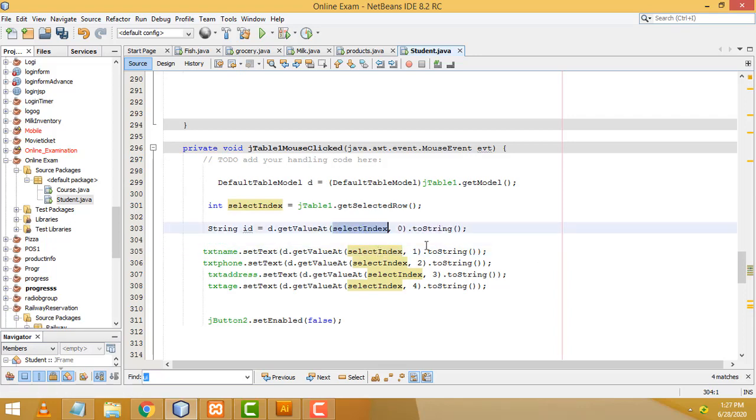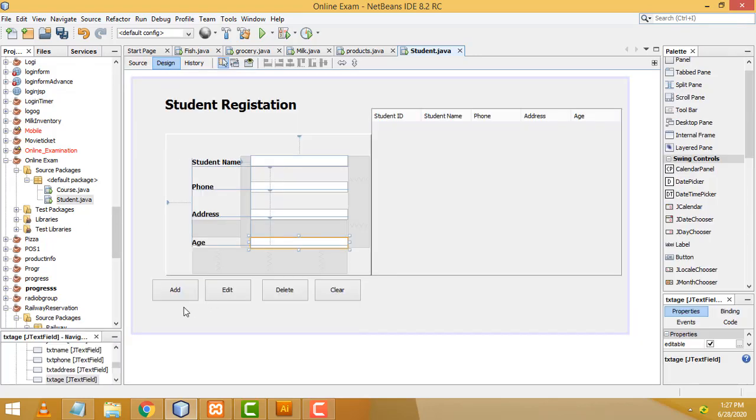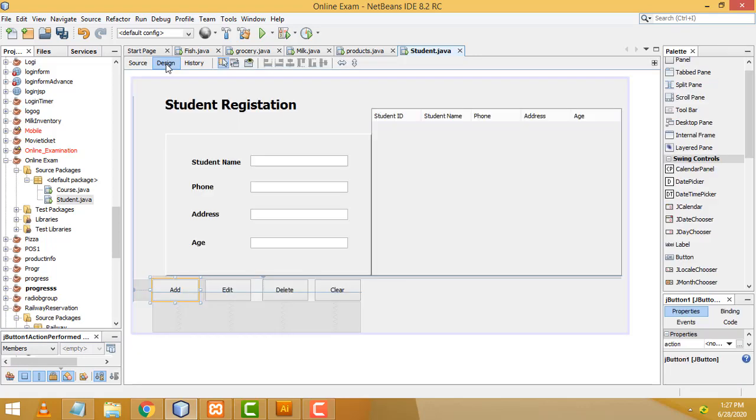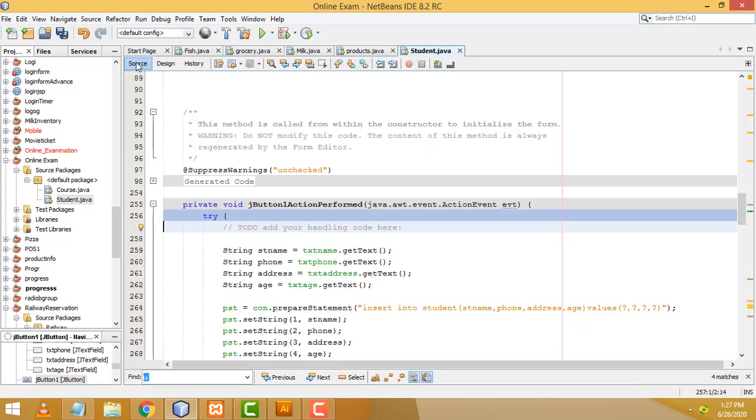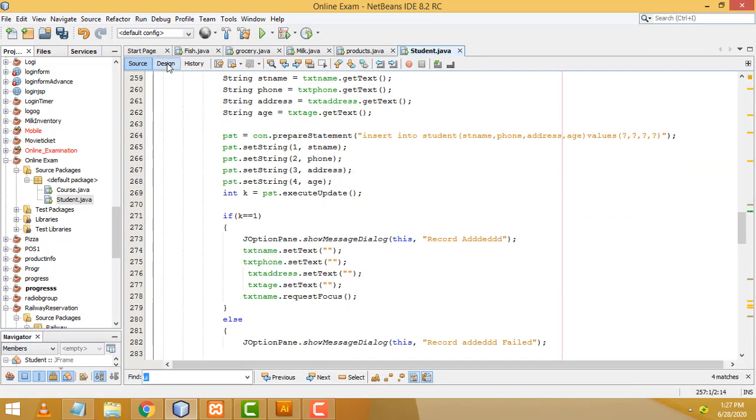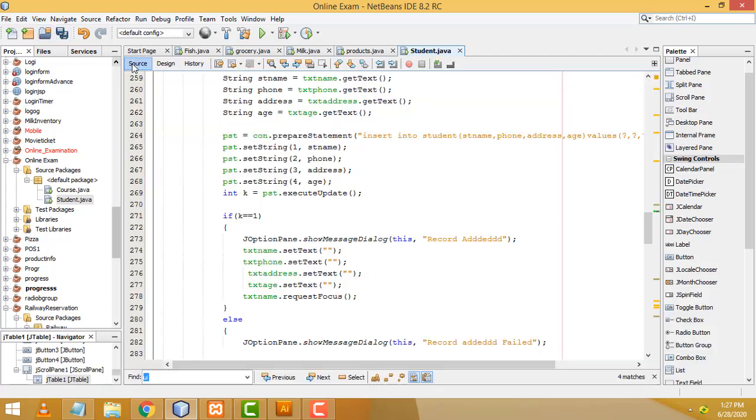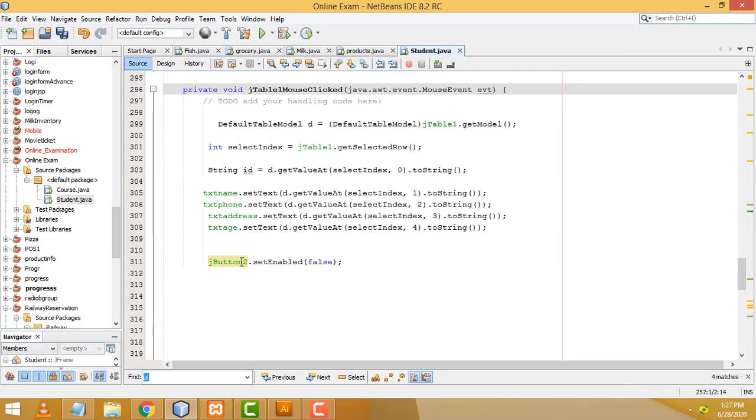The problem is I have written it wrong here. Perfect, right? Now you can check what happened with the add record. When you go into add the records, you have to disable this button 1. This is button 1, you have to disable it. Now let's run and check.